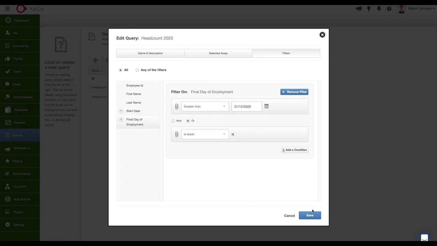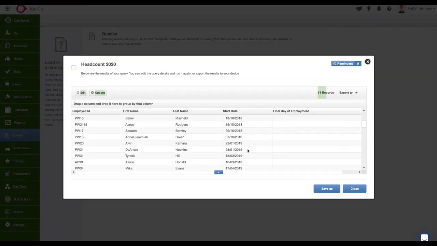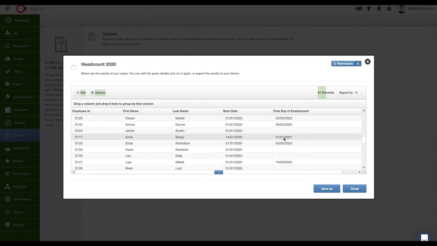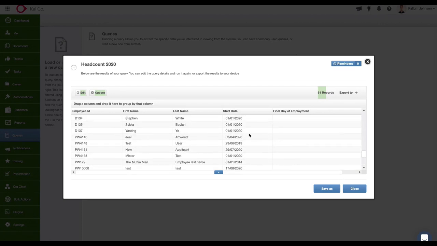So now I know I'm only looking at 2020 for the entire year. And I get a slight difference in numbers. I can trust that that's my head count for the year. So again, if you see any of the leaving dates now on the right hand side, these are only users that have left the 1st of January 2021 or later. So these will all be 2021 or 2022 leaving dates. And again, if you want to have a quick look at the start dates, you'll see all these users have started